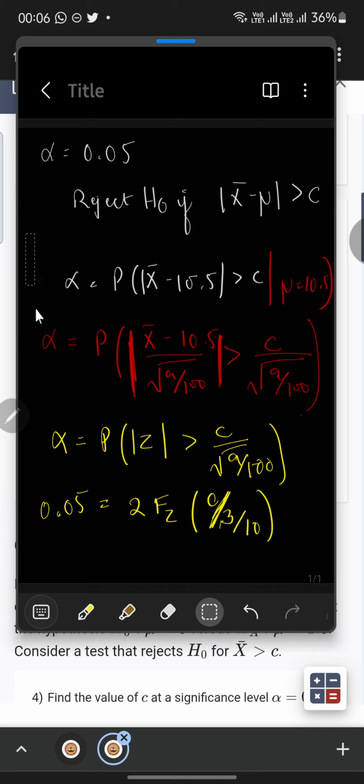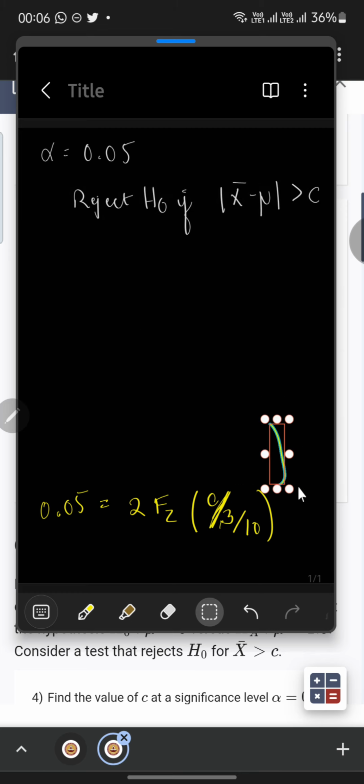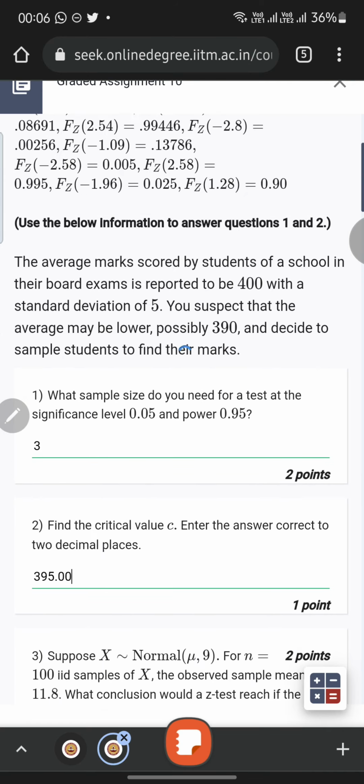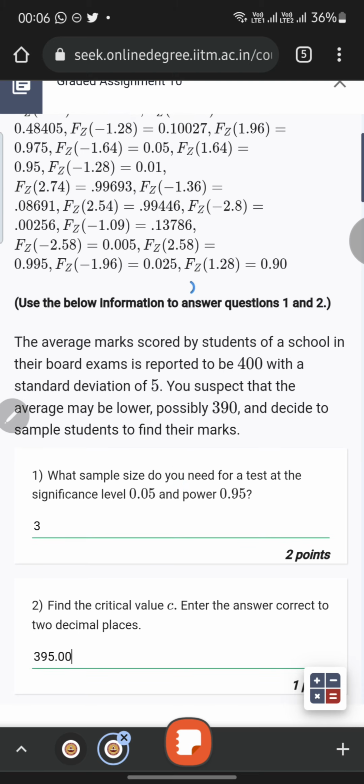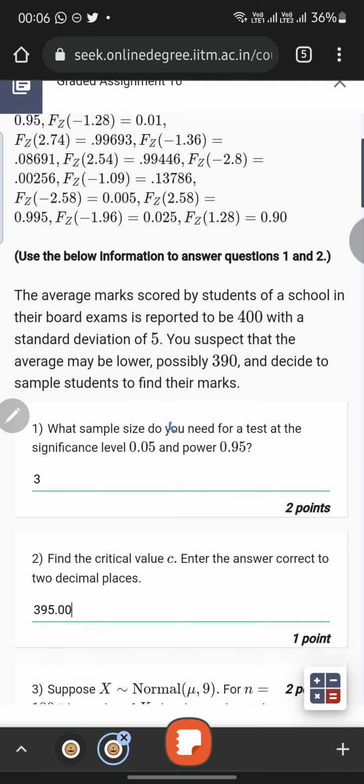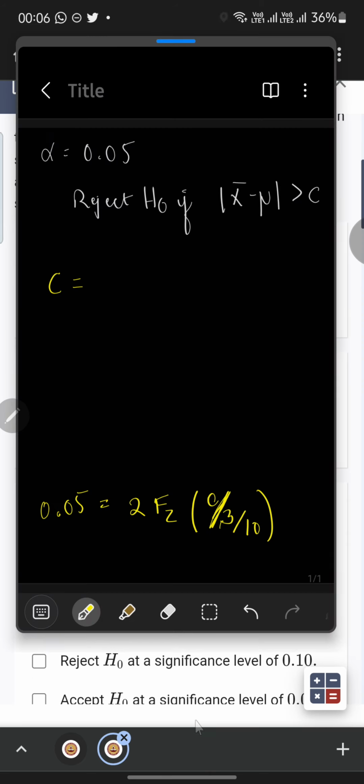Old calculations. If you've done quiz 2, you would be familiar with this part, right? So the next step is that c here will be equal to, let me see, f of z of 0.025, which is minus 1.96. I hope I'm right. Yeah, it is minus 1.96, right? So c would be equal to 10 by 3,